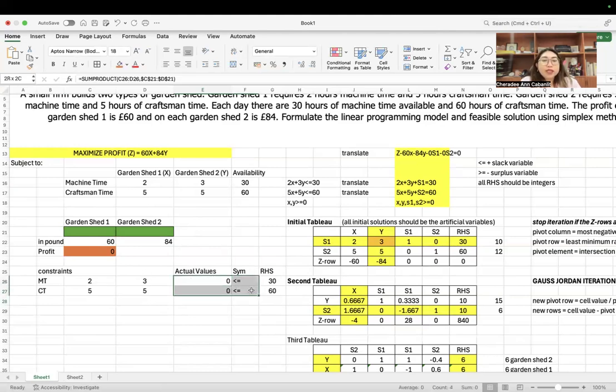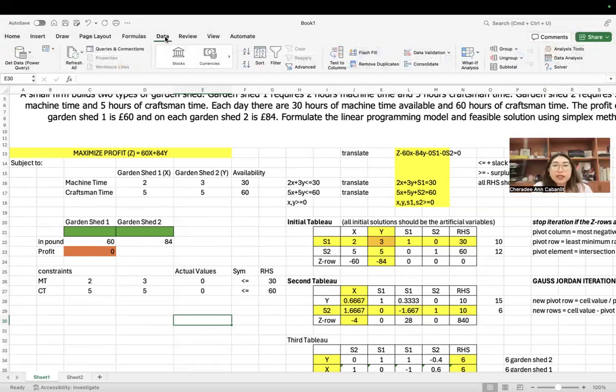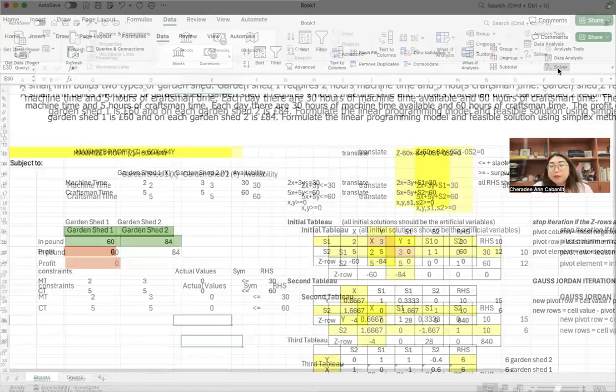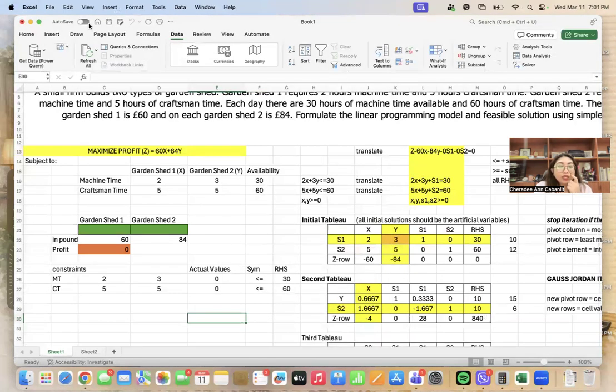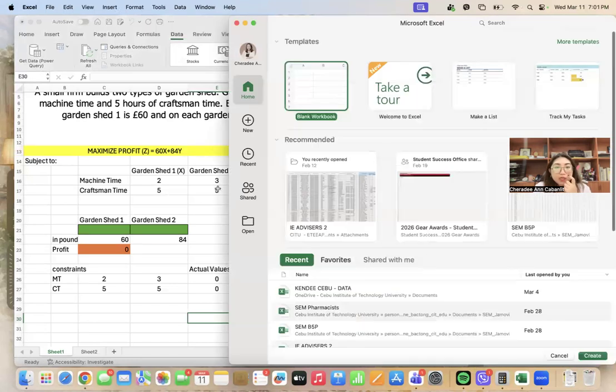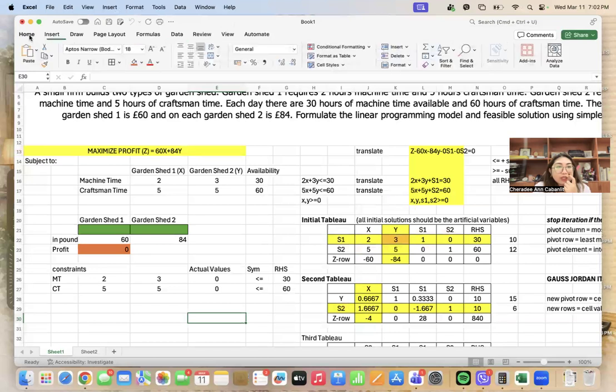So after that, we can now compute using solver. So you go to data. Okay, let's go to data and then you go to solver. By the way, if you don't have solver, you can actually download it here in the file for a while. Let me just show.